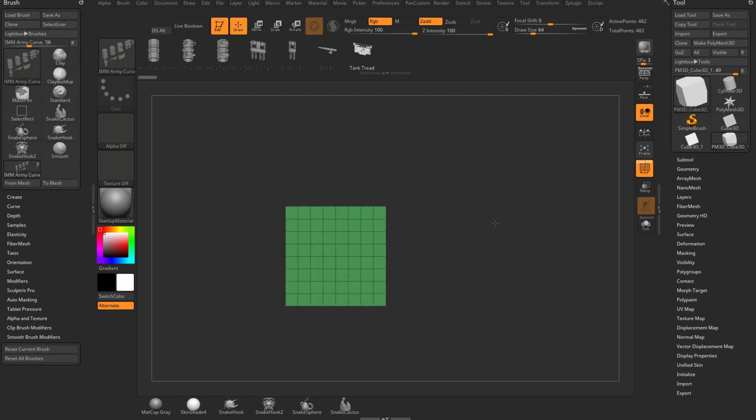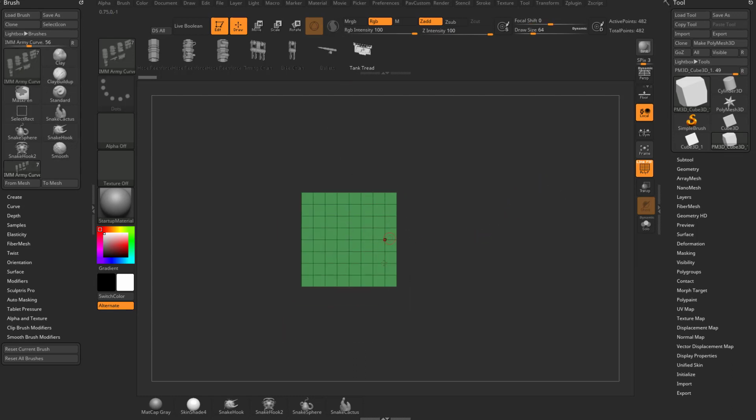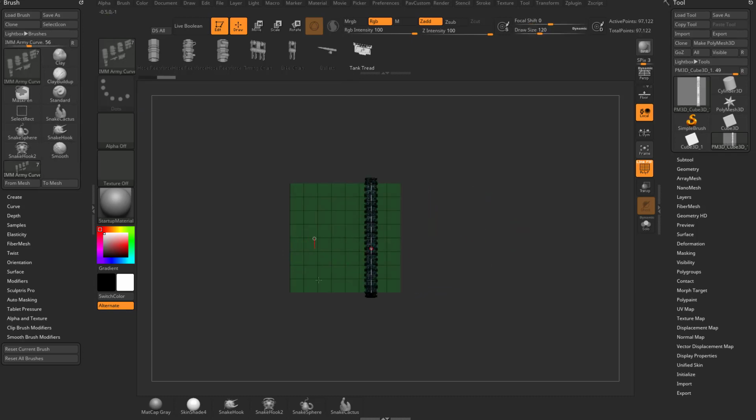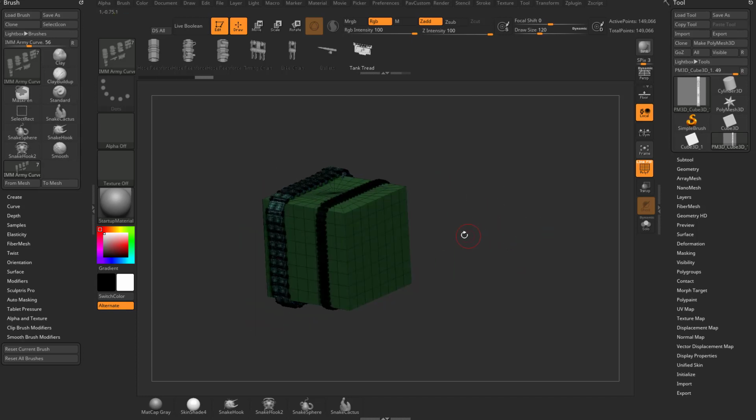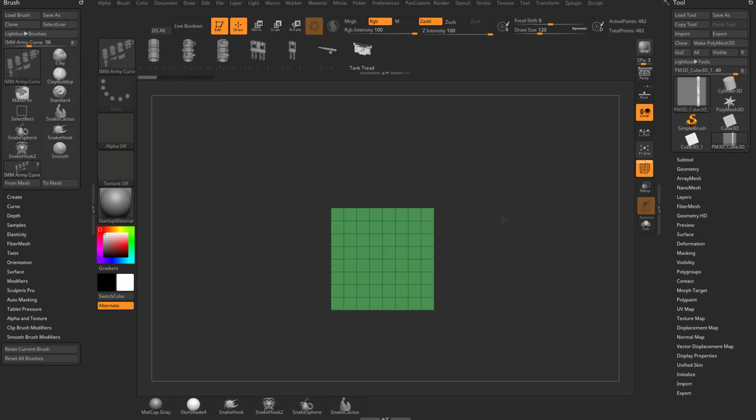tread. Now, sometimes when you have an IMM brush selected and you just drag off a mesh and hold down Shift, it'll wrap around the object like this. So you can make your brush size bigger, and then hold down Shift, it'll wrap around, and it's good to go. Now I've gotten this to break enough times that what I prefer to use, for example, if